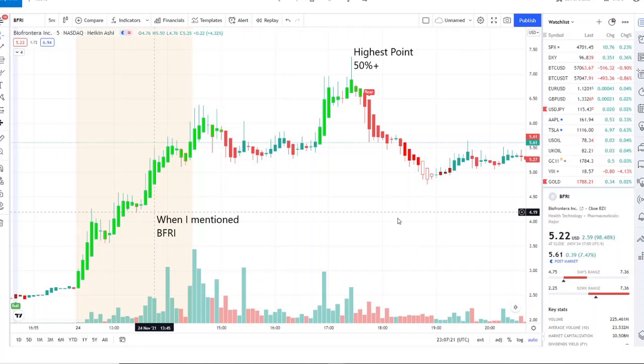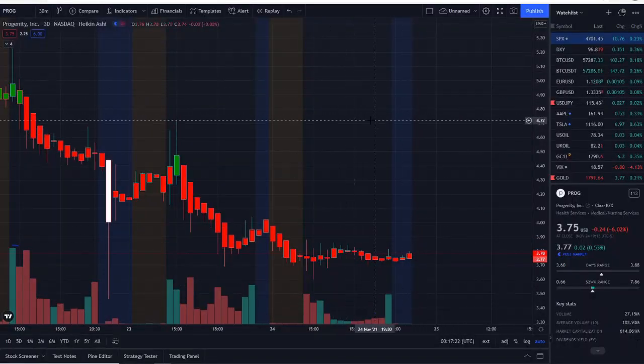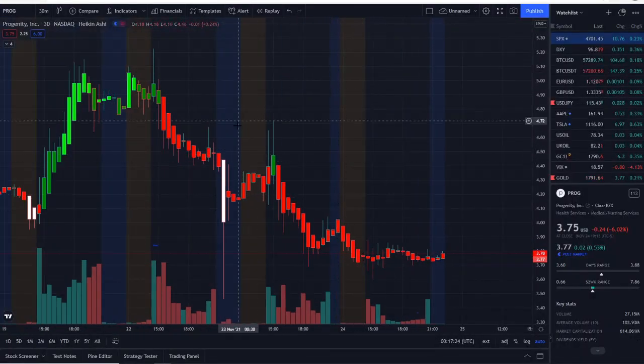Let's jump into these charts. So here we are with Prog, and Prog has been pulling downwards. Now, in Ultimate 42 Vision, it has been in a bearish case. We're going to look at when it sent that out,